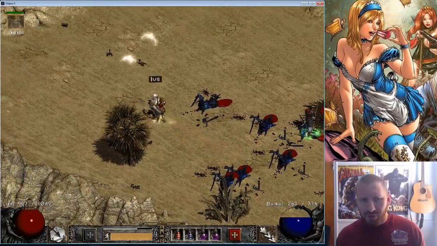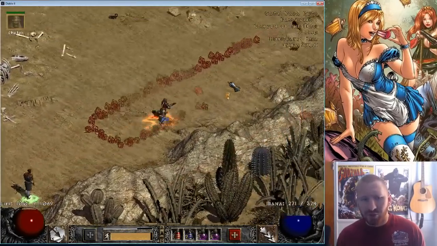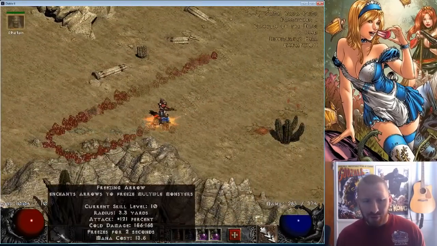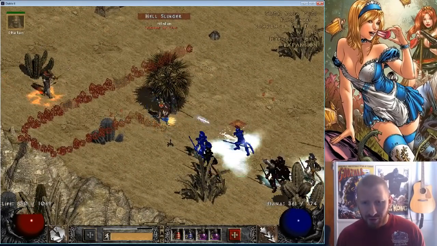So I often focus my arrows as most people do with Multishot. And often when I even have 1 or 2 enemies, I still Multishot them, just out of habit. But of course, it can be nice to have either Freezing Arrow, or Guided Arrow, or Strafe on your left click. This Freezing Arrow I only have 1 point into,